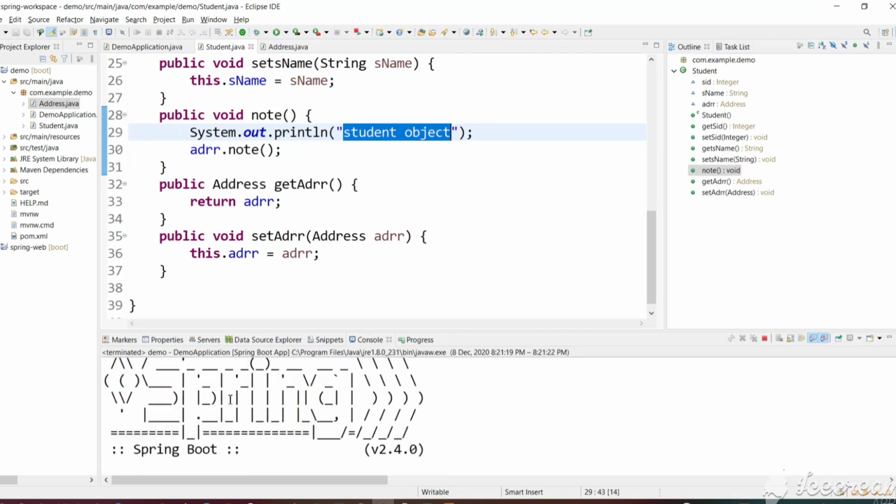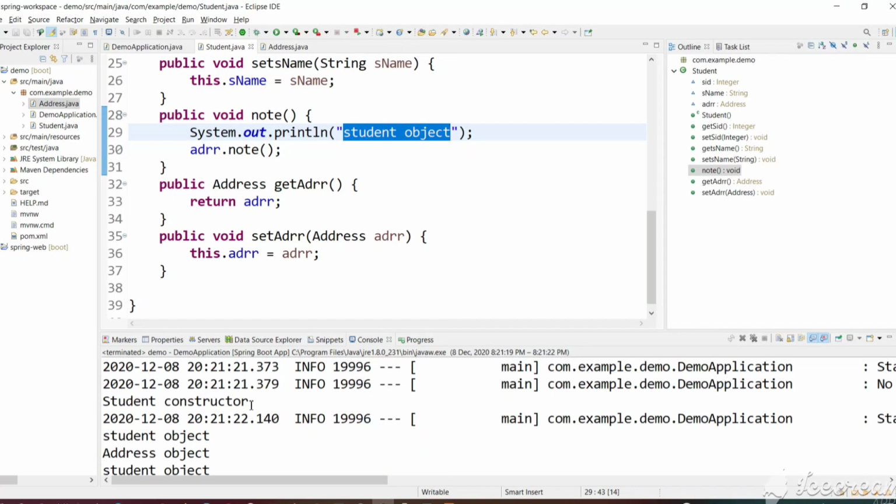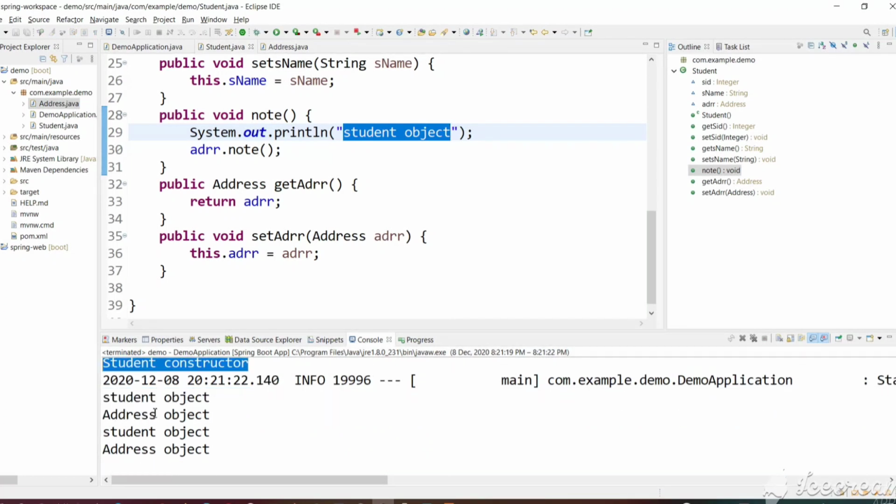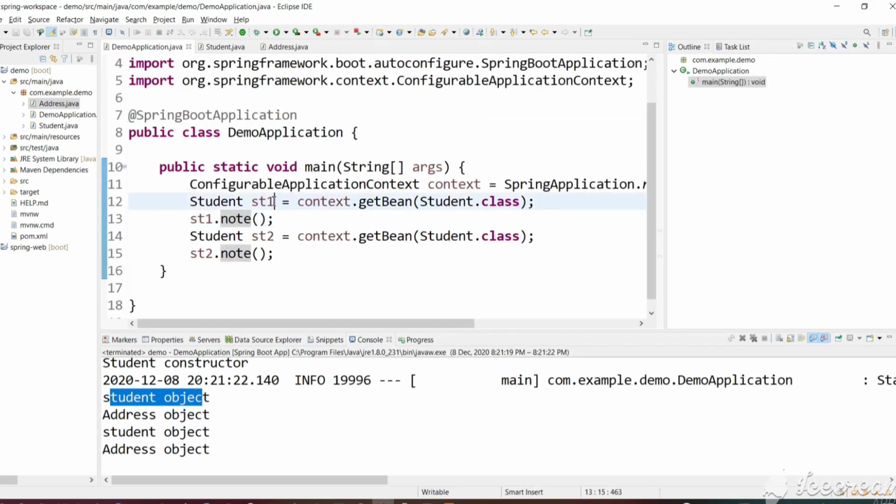As you can see, we got student constructor only once, but we got two times the same object. It means this object and this object are the same. It means by default the Spring scope is singleton. It means every time we will get the same object.